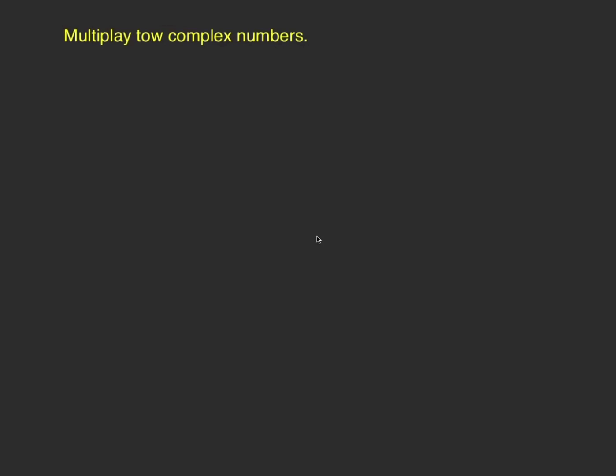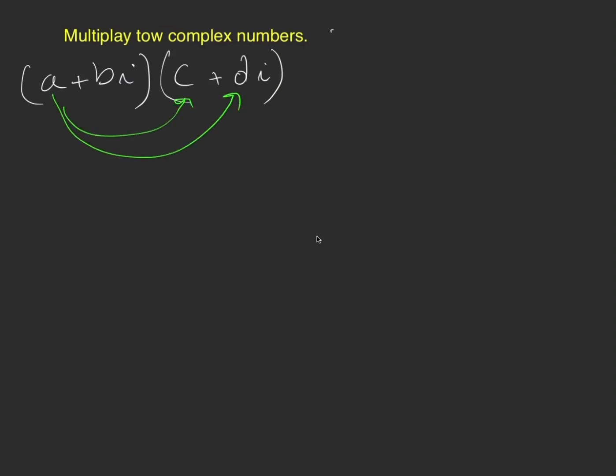So let's see how we can multiply two complex numbers. We have, for example, a plus bi times c plus di. Multiplication is like doing the distribution. You multiply this by this one here, then this by this, this and this one here, and you multiply this here. So what is going to give us in this case is going to give us